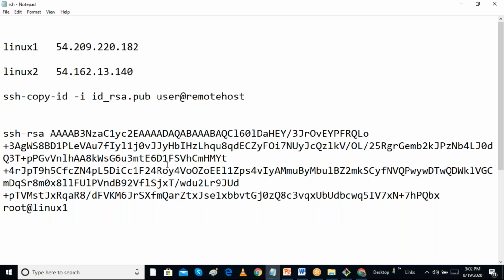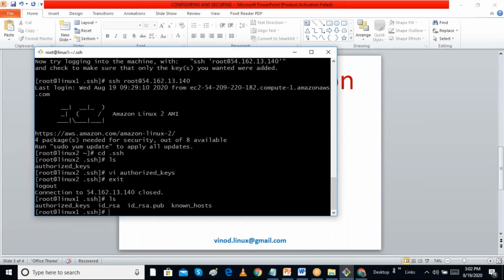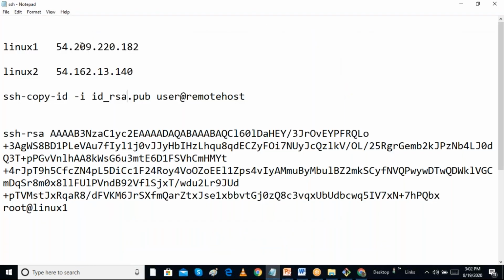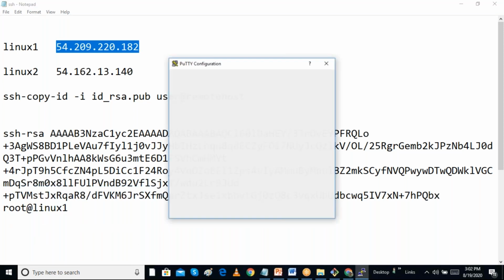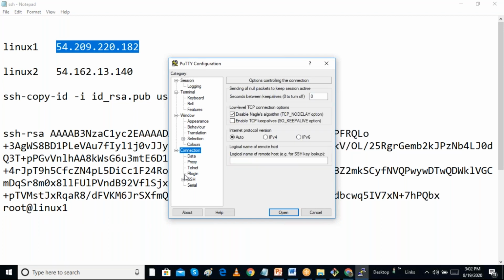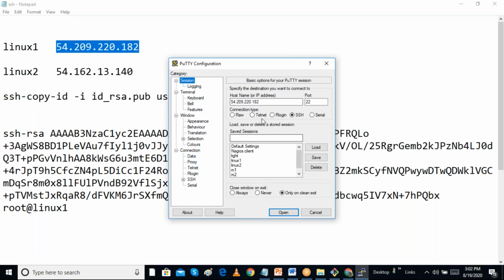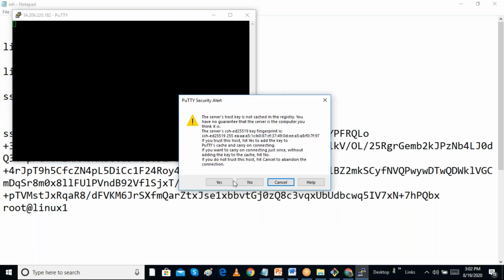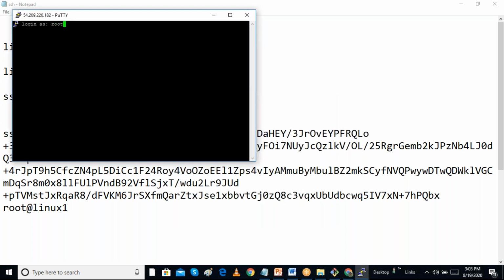Now sometimes we want to log in with the PuTTY software. So we can log in with the PuTTY software. I installed the PuTTY client, and I'm opening the PuTTY software and I am going to give the IP address. We have to give the key from the connection settings, or we can directly log in with the username and password. So I can just click open. I know the username and password, so I can log in. I'm giving root and the password.